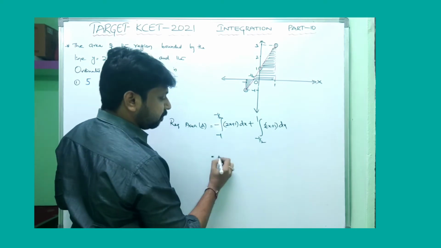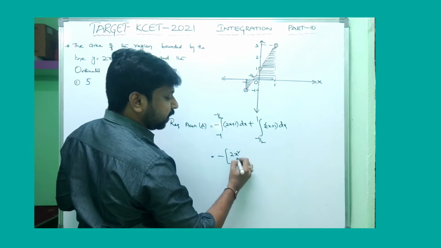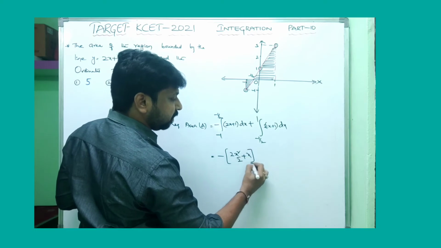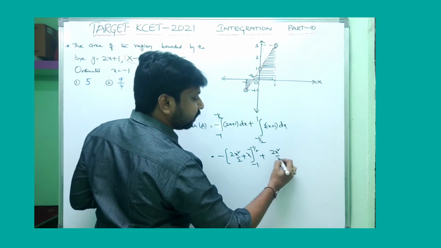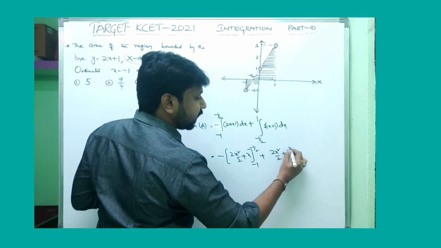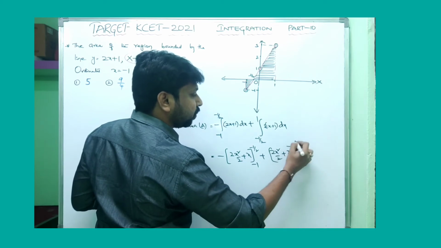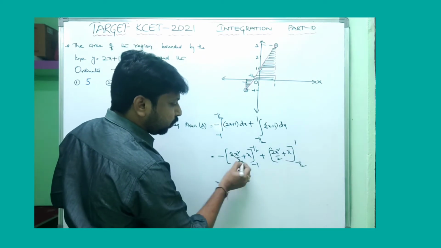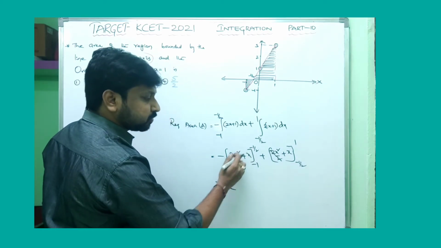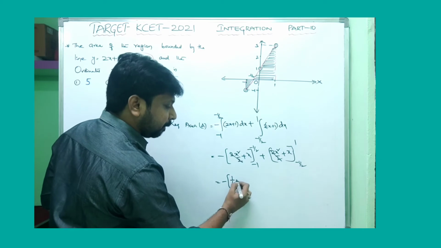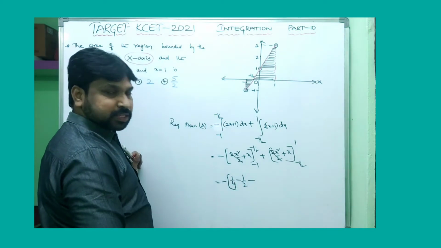If you simplify, you get minus, keeping it outside, 2 times the integral of x dx, which is x squared by 2, plus the integral of 1 dx, which is x, between the limits -1 to -1/2, plus the same integration with different limits, -1/2 to 1. Here the 2 gets cancelled. Minus of upper limit: substituting -1/2 whole squared is 1/4, minus 1/2, using the formula upper limit minus lower limit.